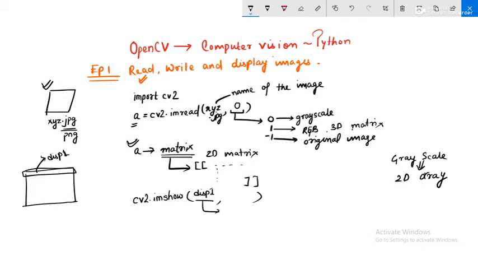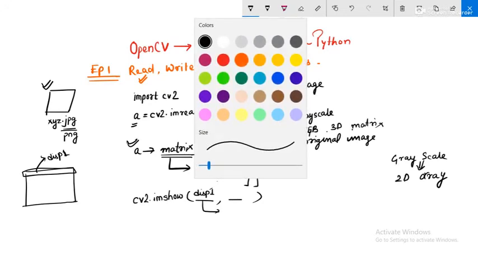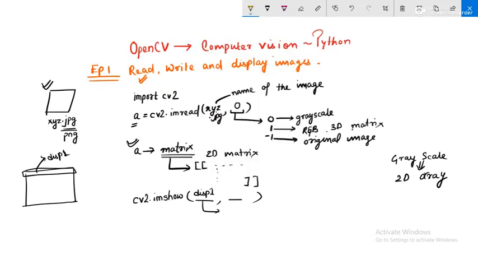And the second argument is the variable that we want to display. The variable we want to display over here is obviously our very own A, that is the 2D matrix.